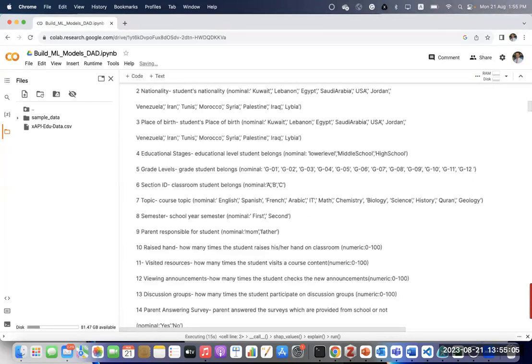You have to open Colab research once you have the data and then drag and drop the code and the data.